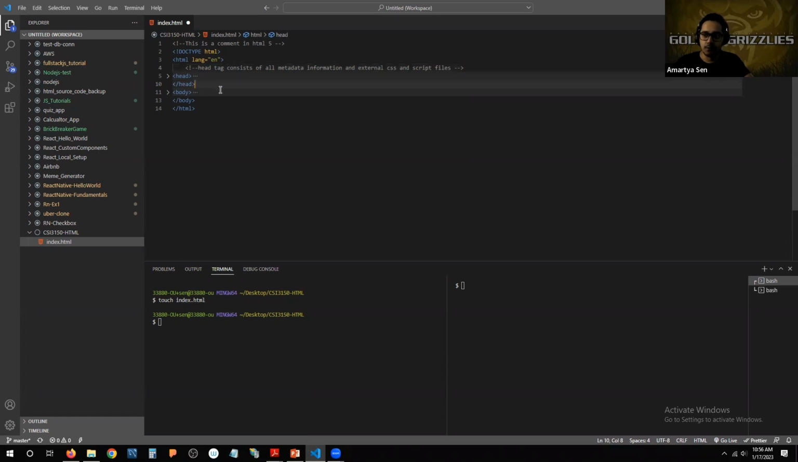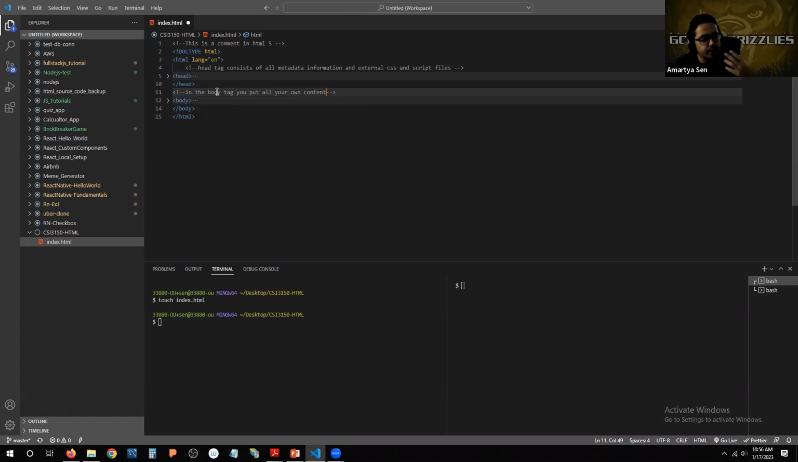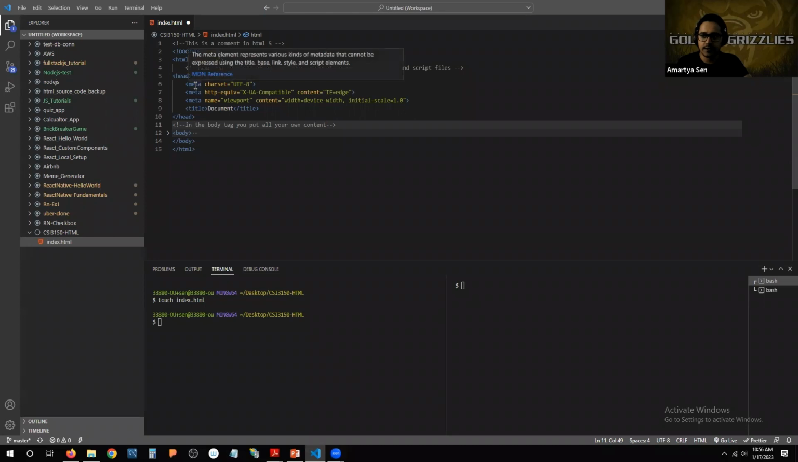And then whatever the body section has, right? So in the body tag, you put all your own content. That means the content that you as a developer are trying to convey to your users goes into the body tag itself. So if I maximize the head tag now, you can see that there are some meta tags